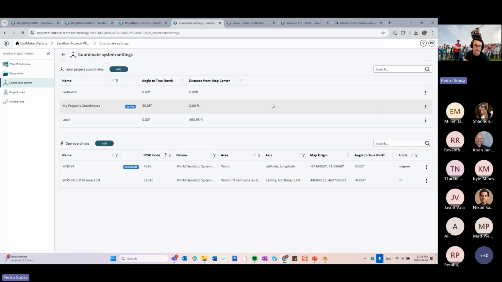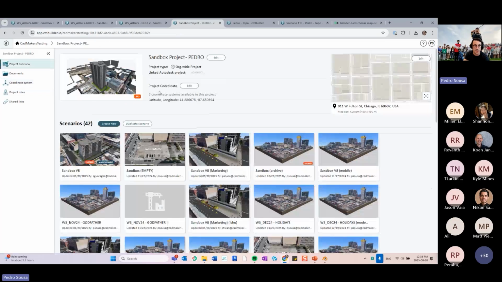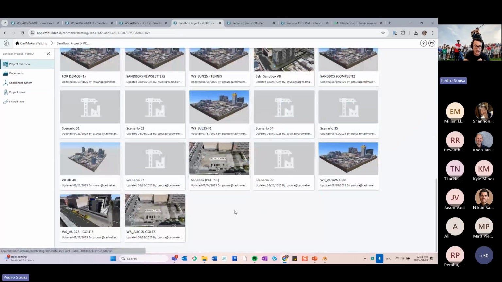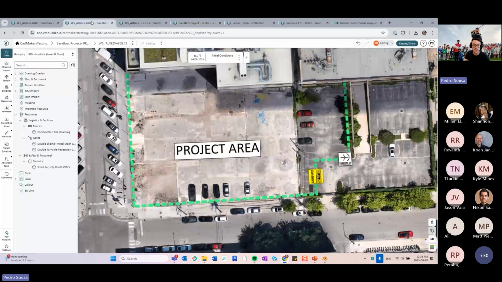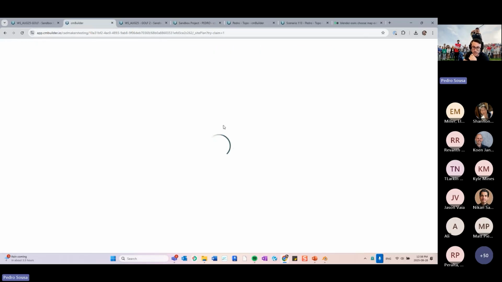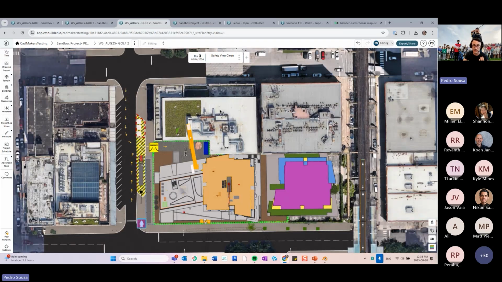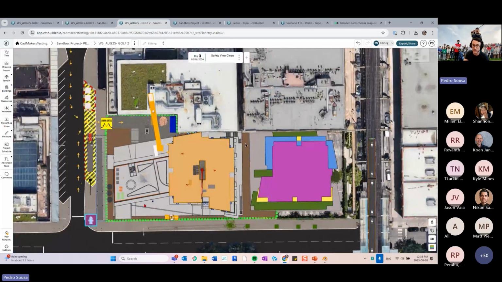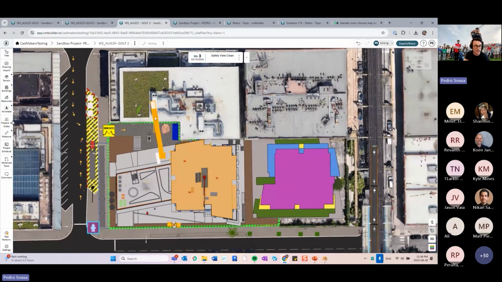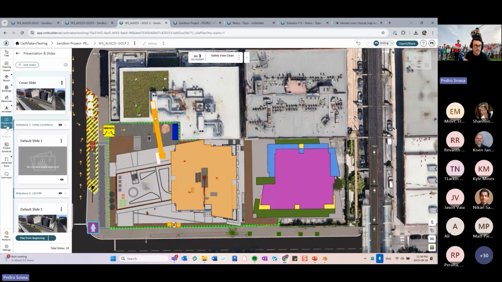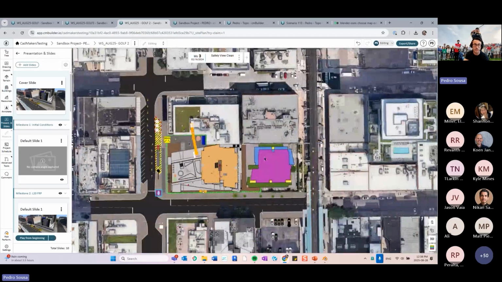So if I go over here and set this one as active, I know that the angle to my true north will be a little bit different. This means that now whenever I open a scenario, so let's say this one over here, my sketch will be oriented with that angle. So it would be way easier for me to add elements over here in the view and so forth. And not just that, I also suggest that you create a presentation slide with a camera angle